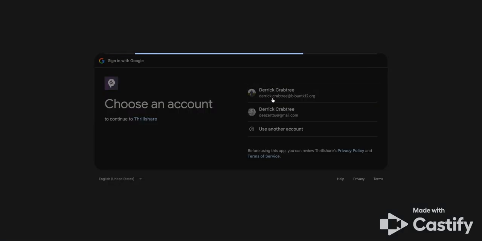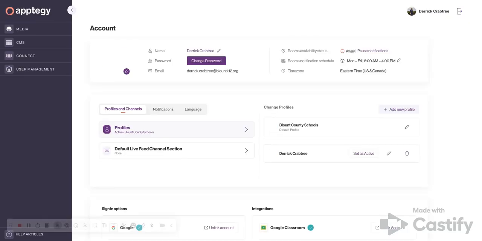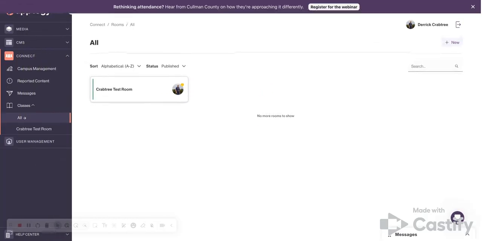So once you sign in, you're going to go to the left-hand side here where it says connect. Once you click on connect, you will see your classes down here. Now, some of these classes should be automatically populated due to your connection in PowerSchool. So for example, whatever classes you'll be the teacher of record for in PowerSchool should automatically populate on here, but